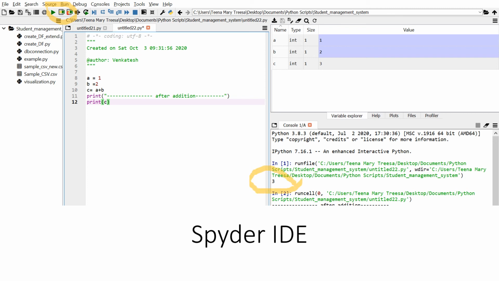If you see, I have something open here called Variable Explorer, where you can find out what values I assigned. For A, integer is the data type, and I assigned 1, B equal to 2, and C equal to 3. The data types and other concepts we will discuss later, including why it is an integer. But for the time being, this is how you can create a program, see the results on the console, and see the values of the variables through Variable Explorer. So that's all about the Python installation and the IDE.